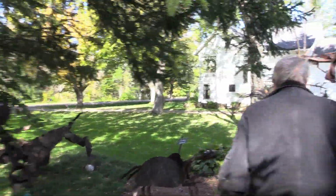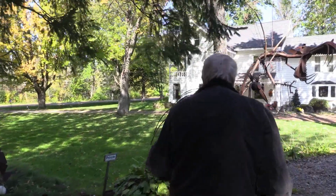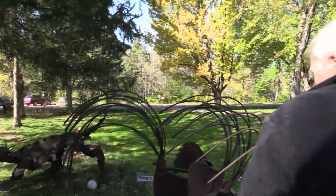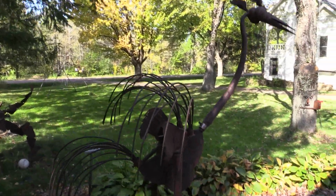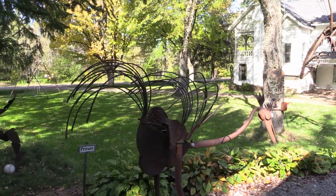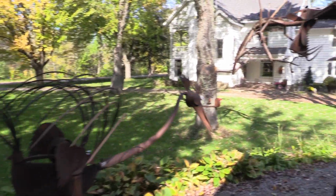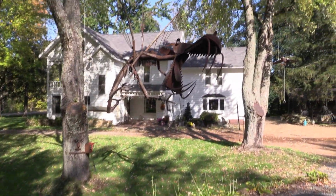And there's Kiki, my new bird. What is this one? That's Kiki, my new bird. He's kind of ill-tempered. We chain him up there where he can't get at folks. No one up in the tree there, huh? Yeah, this is